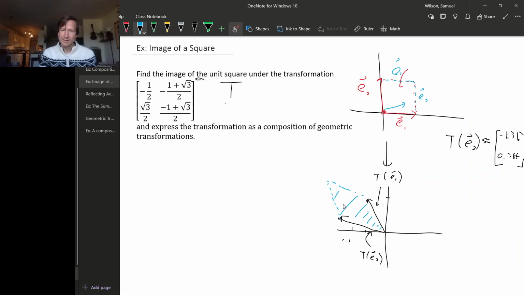Well, it would be nice if t of E1 were actually pointing in the direction of E1. And we can make that happen if we just rotated this. It looks as if this vector that's t of E1 came from here. It was E1, but we rotated it. So it looks like the last thing that we did was rotation